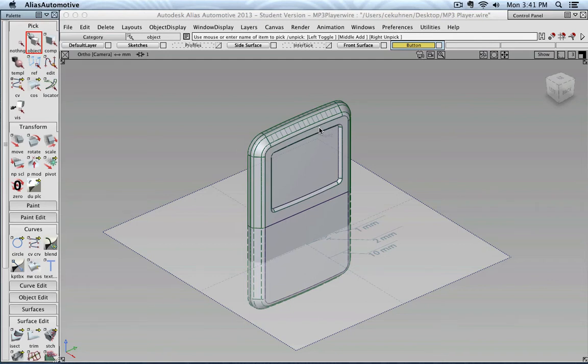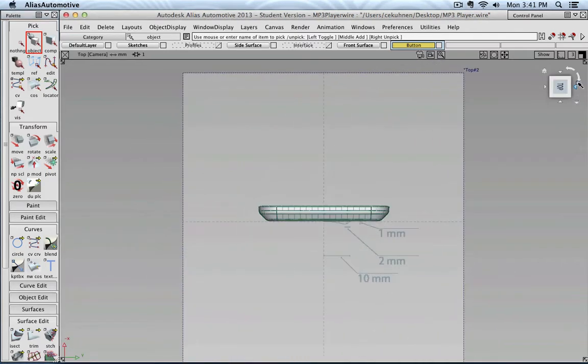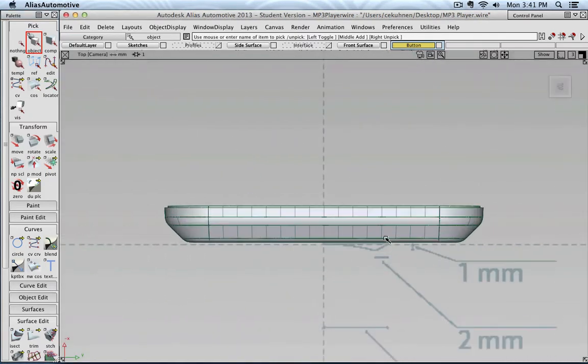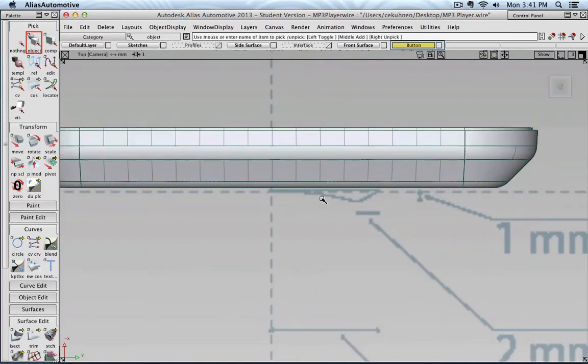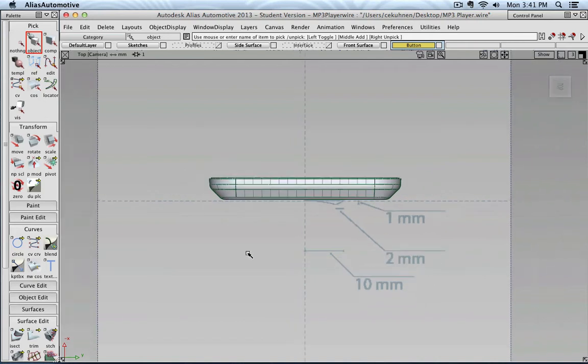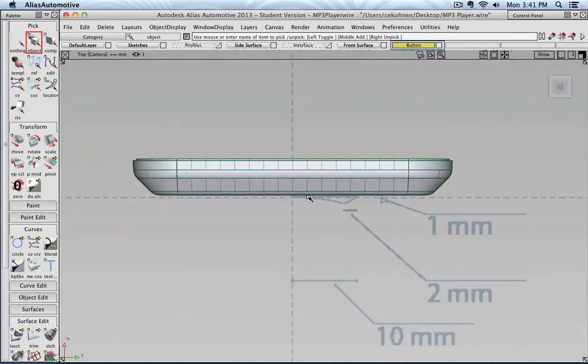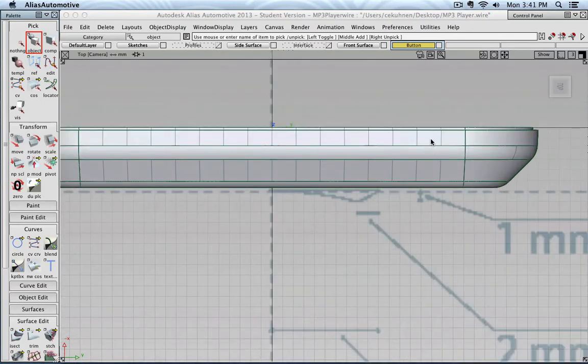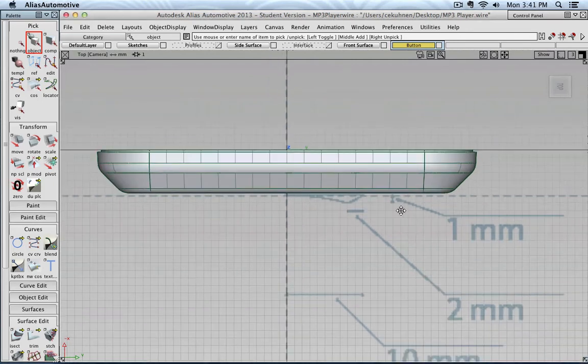So let's take a look at how we could now create the surface for our button. I go into top view and zoom in a little bit. You can see that I have a sketch created here in Illustrator, and that gives me roughly the slope, the width, for example, of the button, the height or the depth, how far, for example, the outer part should step out. And maybe I can turn on the grid and try to make use of the grid for putting down